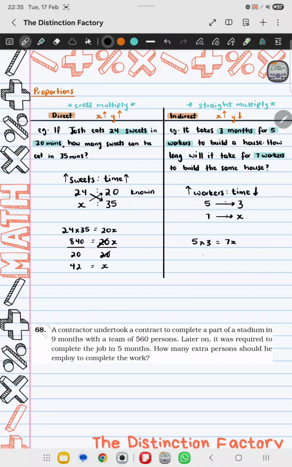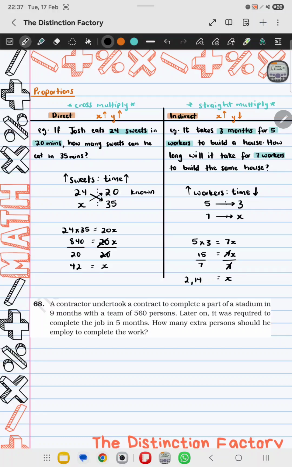So 5 times 3 is 15. And then we need to get rid of the 7 that's in front of the x, so we will have to divide both sides by 7. From there, you can put that into your calculator. Our 7s cancel off with each other, and 15 divided by 7 is 2.14. So if I have 7 workers, it will take me 2.14 months in order for me to build a